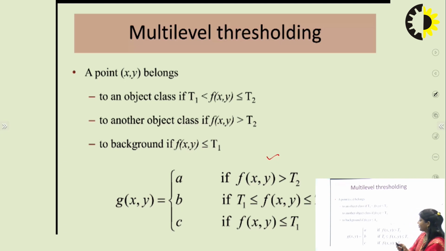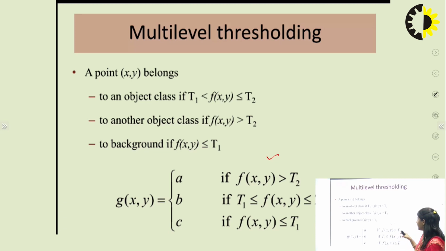So we can also apply multi-level thresholding. Multi-level thresholding means we can take two or more thresholds and compare the image pixel, like f(x,y) will be compared with T1 and T2. There are two threshold values to identify two objects. Actually, if we can see in our image there are two objects, and we want to identify or separate these two objects, then we can apply two thresholds T1 and T2, and we can compare our image pixel with these